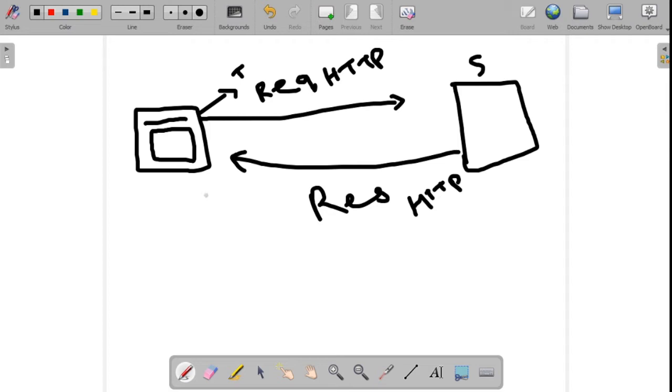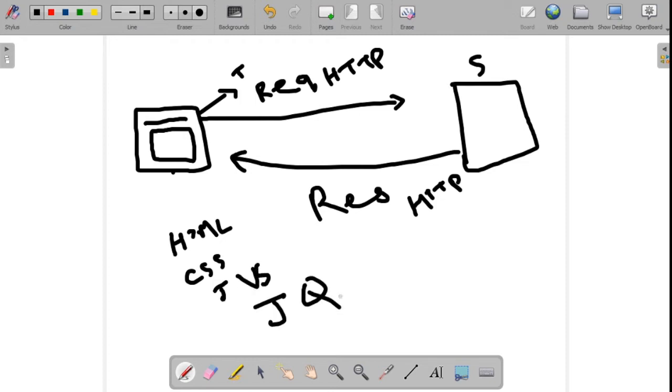Any front end part is built using the following languages: HTML, CSS, JavaScript, jQuery, Bootstrap, Ajax.